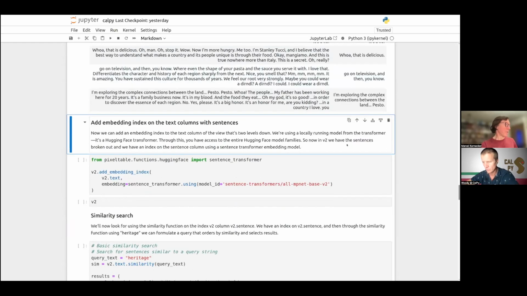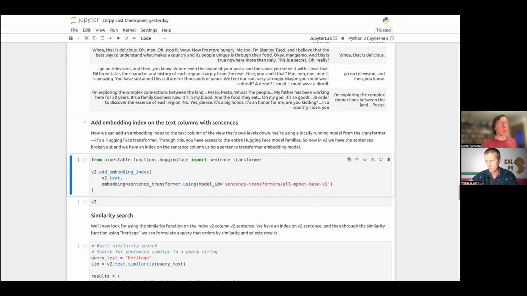Now that we have the transcript chunked into digestible pieces, we're adding an index using a sentence transformer model from the Hugging Face lineup, and we're adding it to the text column of the transcript chunk view that we just defined.